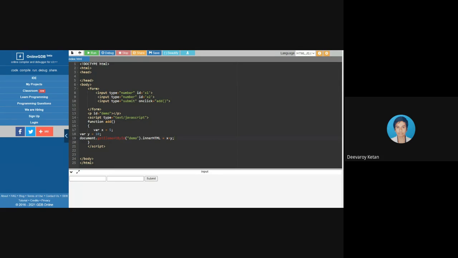Did we write a dot value for that? Inner value, right? Okay, right now we can use that one also. Dot value, no?